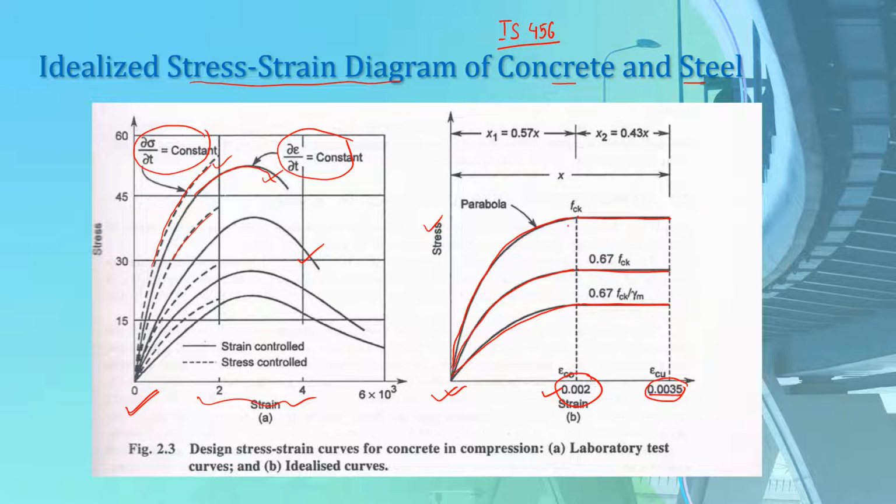So this first curve at the very top is the characteristic curve. This is the characteristic curve for concrete, and we will use this curve to derive the design curve, which is our curve at the very bottom. This is our design curve, and we will use this design curve in the design of our reinforced concrete. So you can see here,